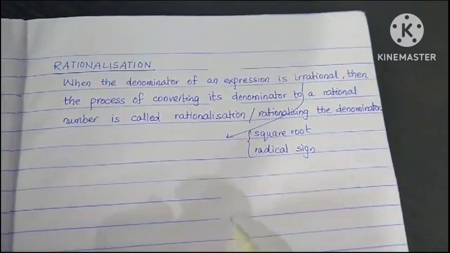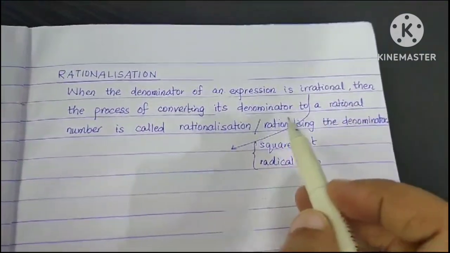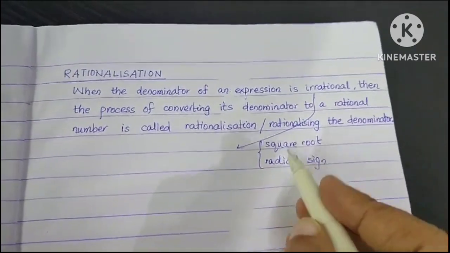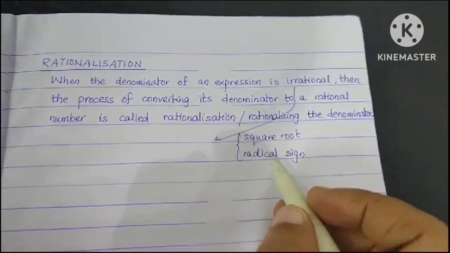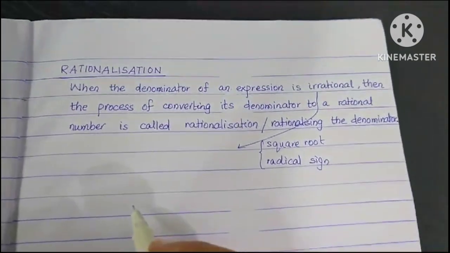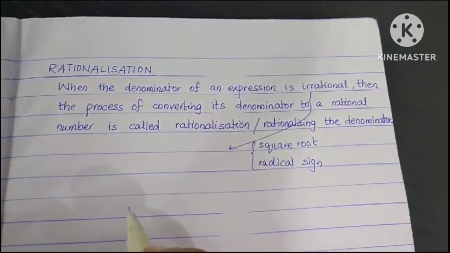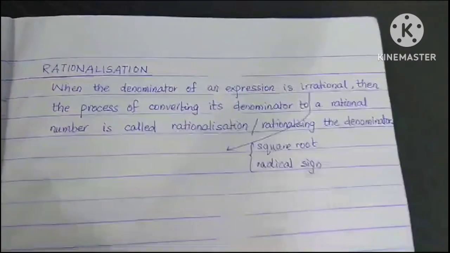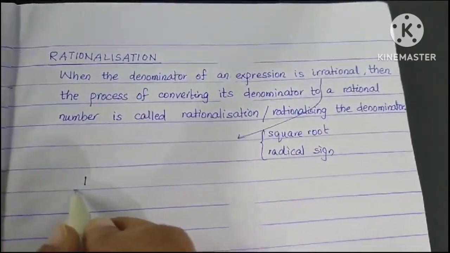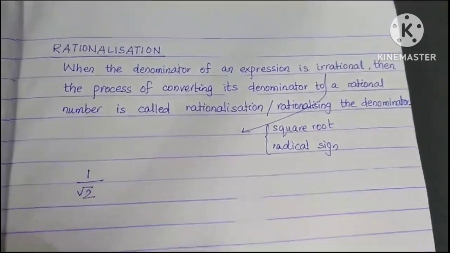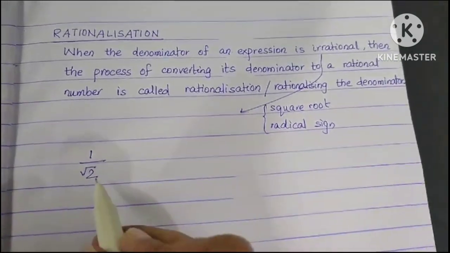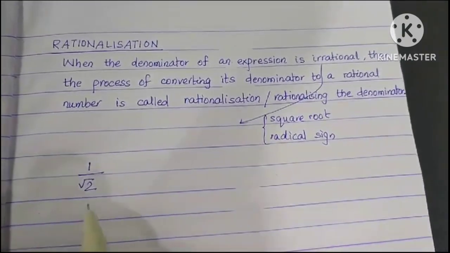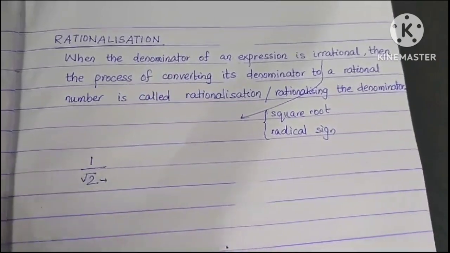And the next thing, you check here that you are converting the denominator to a rational number. Suppose we will see it with an example. So basically in the denominator we will have an irrational number and we will convert it to a rational number. That is called rationalizing the denominator. Let us check with a very simple example, 1 by root 2. So here the denominator is having root 2, that is the square root of 2, and this is irrational. Now we want to convert this to a rational number.